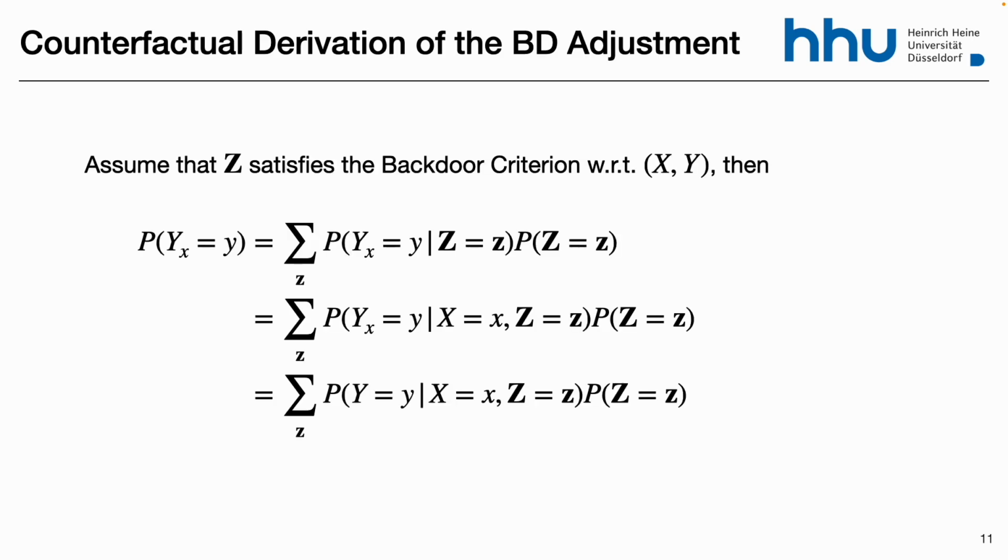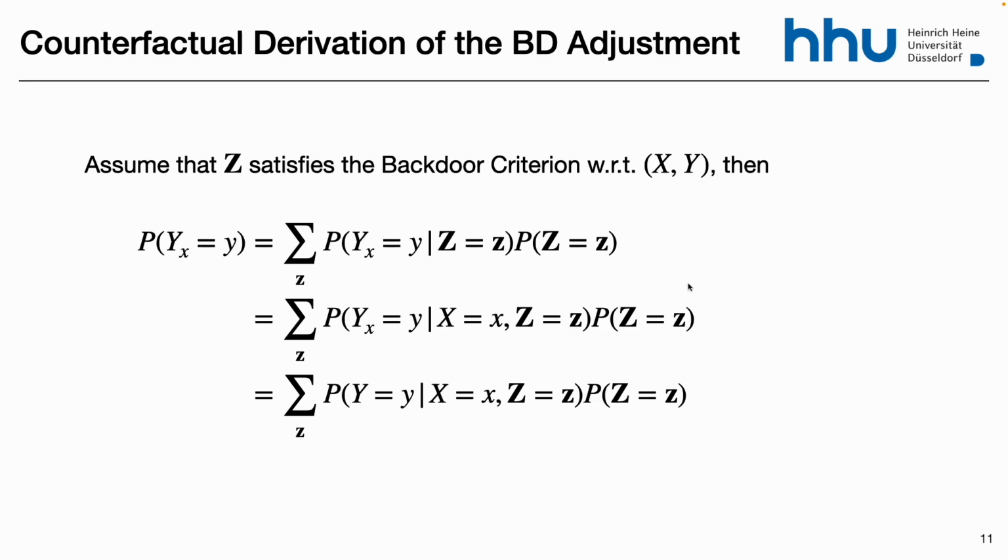Here is a derivation for the backdoor adjustment using counterfactual language. I think it's interesting to see. It's a very simple example of how you operate with counterfactuals instead of working with do-calculus as we were doing before. If I want the effect of x on y, I want this quantity. I want to know what's the response of y to an intervention on x. So this is a random variable, right? It's not a do operation anymore, it's just a random variable.